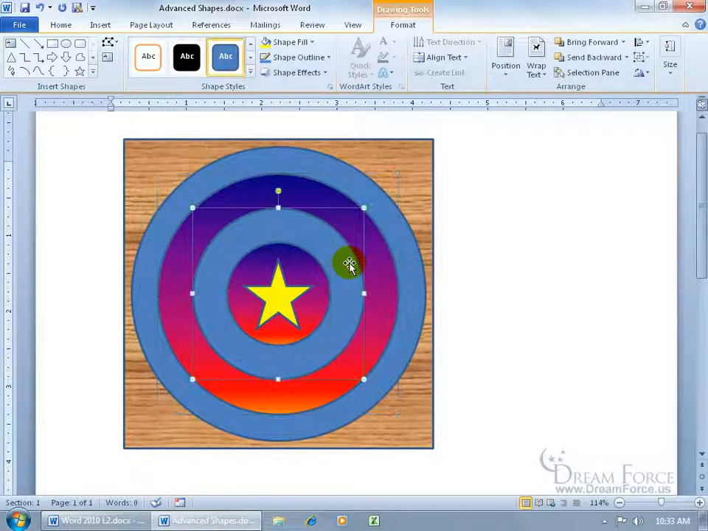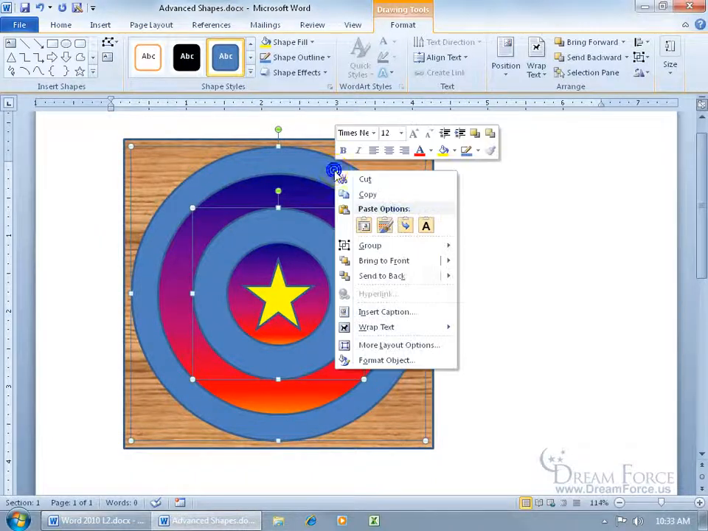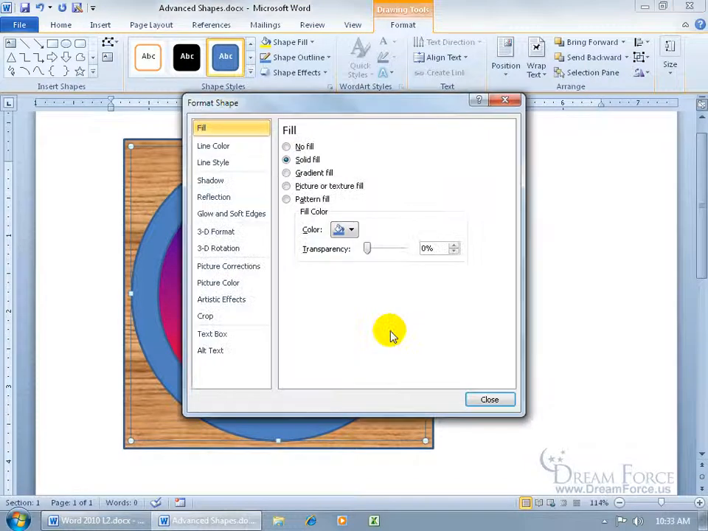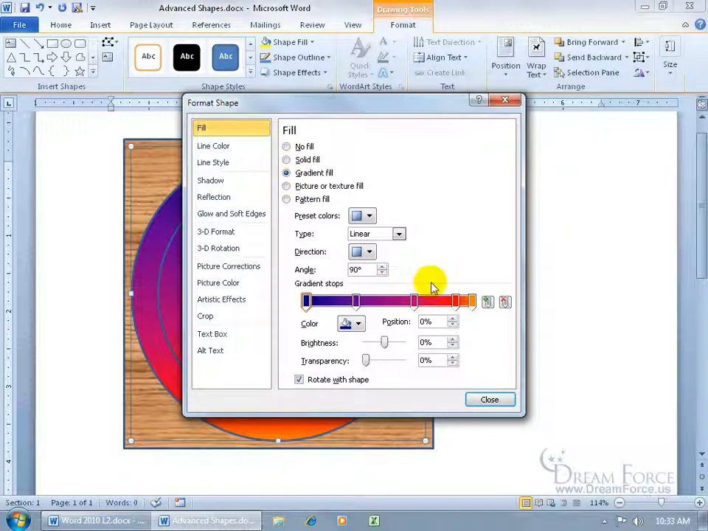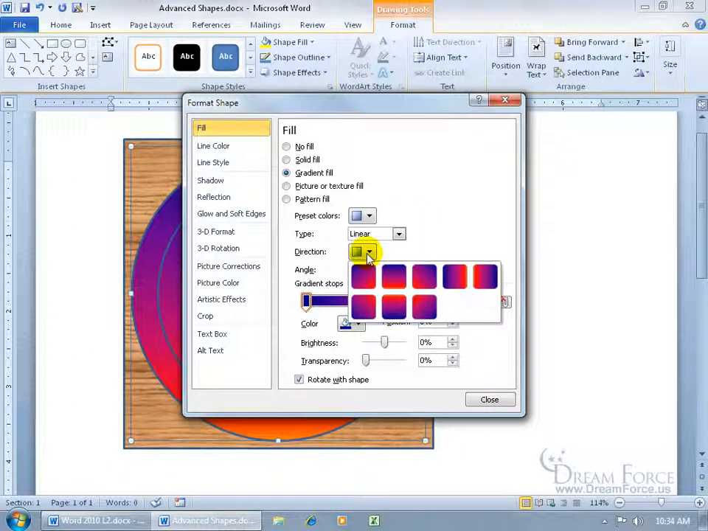And I can go ahead and select this, the inner circle there, hold down the Shift key, select the outer circle, do the same thing. In fact, I can right click on my selection, go down to Format Object, and let's choose Gradient Fill. There we go, brings it up again. So you can choose the different types, the direction, and right now it looks like it's linear diagonal,